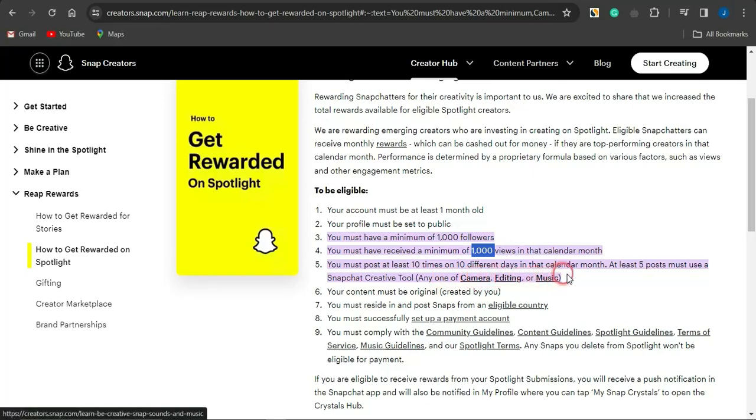So guys, this is quite reasonable because Snapchat are trying to promote their content or their tools right there. Which is why you must use one of their tools in at least 5 of your posts every single month to get eligible for the Snapchat program, which is the Snapchat Spotlight program. So that's actually quite cool right now. So you want to just simply stick with that, and to make more money, it is quite much